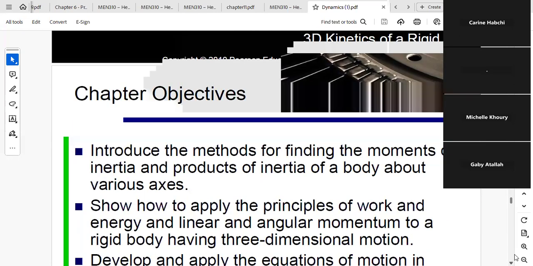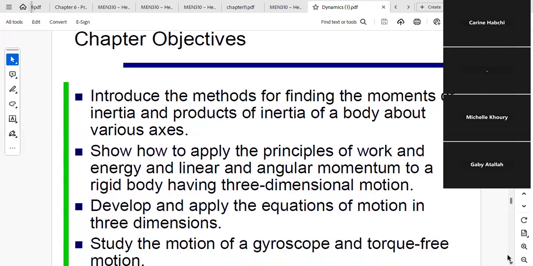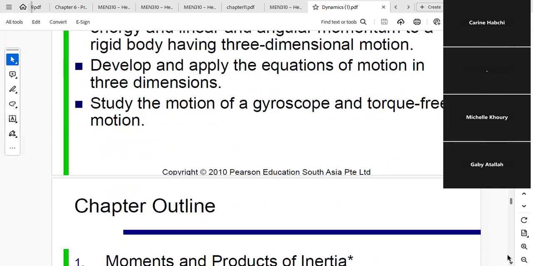In this chapter, we will first introduce the methods for finding the moments of inertia and products of inertia of a body about a variable axis. Then we'll show how to apply the principles of work and energy and linear and angular momentum to a rigid body having three-dimensional motion. And then we'll develop and apply the equation of motion in 3D. So to start with,